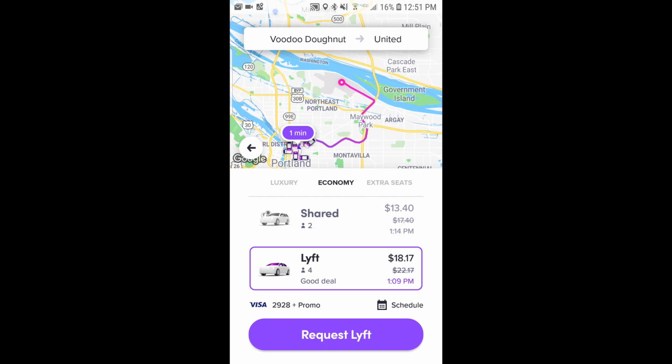At any time you can edit those just by tapping on the upper line. Tap Voodoo Donuts if you want to change your pickup location, tap United if you want to change the airline at the airport. So that's easily done. Now, if you look down here, I've just chosen the economy car. You can choose luxury or extra seats. That's up to you. But as you can see down at the bottom, it shows my payment method, and it shows that little tiny